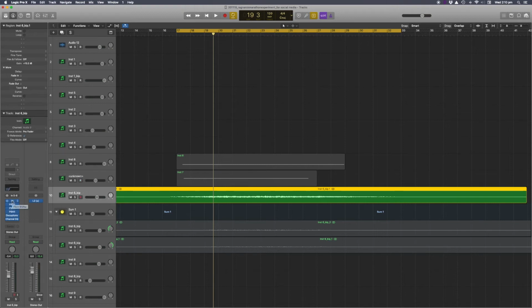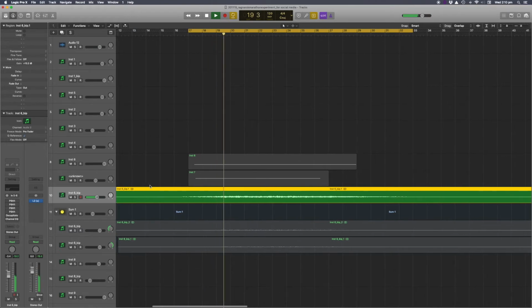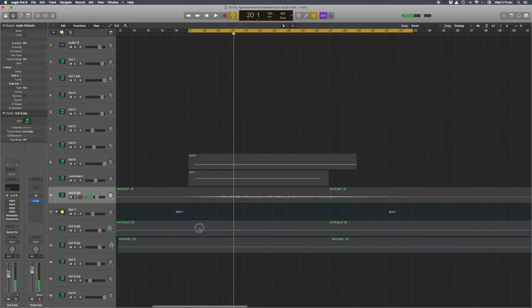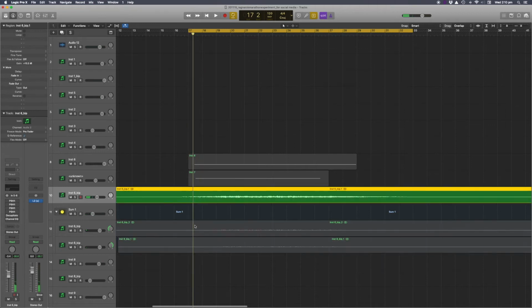With this sound, I went crazy with the pitch shifting. What is it on its own? So this is the first sound I used in this experiment. And then these two sounds, that's where it comes from. So I bounced them out to audio, then bounced this one out to audio, and then pitch shifted it